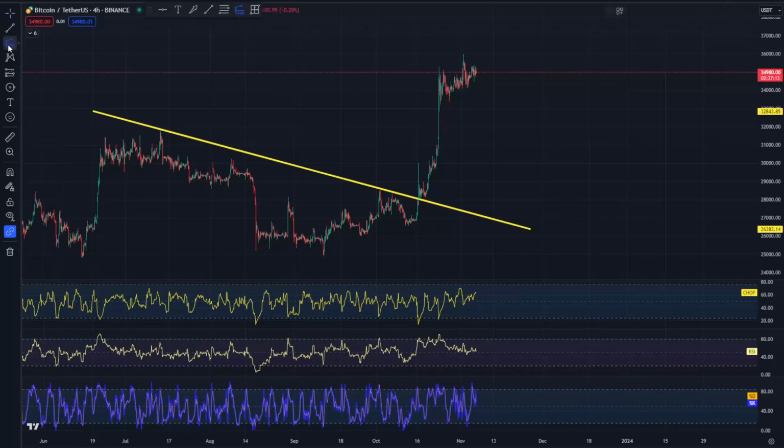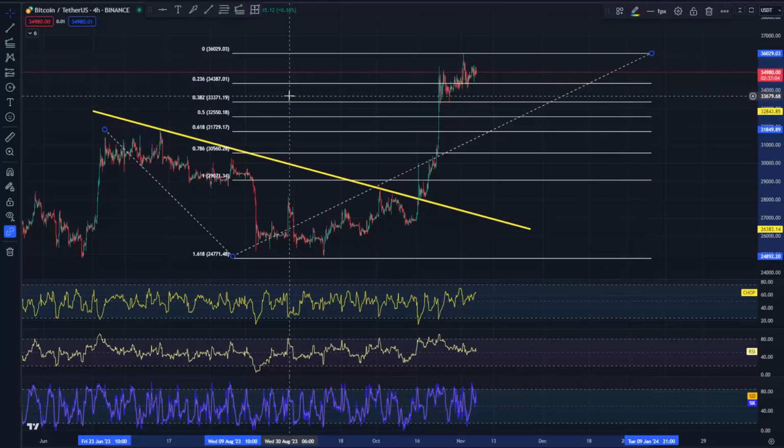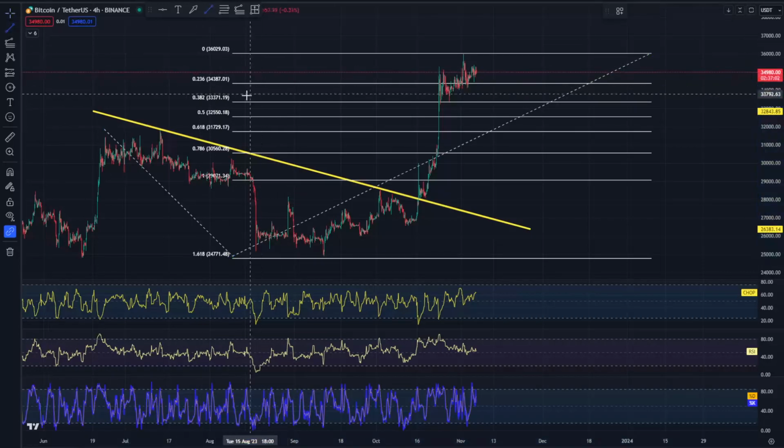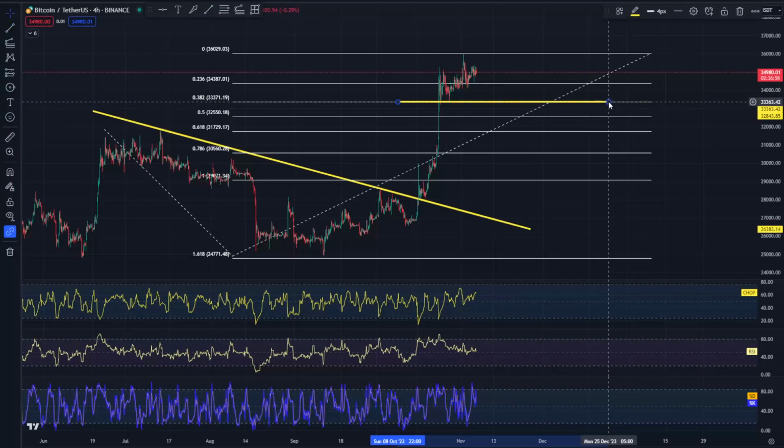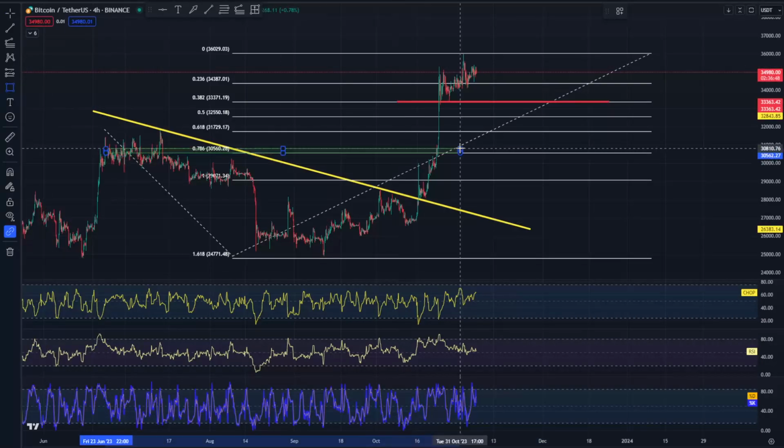Now let's move on to marking the support places. We will use the trend-based fib extension tool to mark supports. And as you can see, the first support is at $33,363, which holds the price, but when we fall lower, we have a strong support zone from